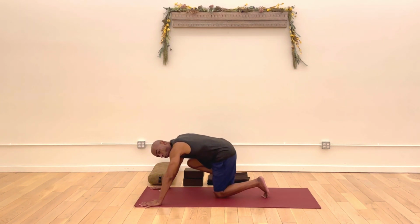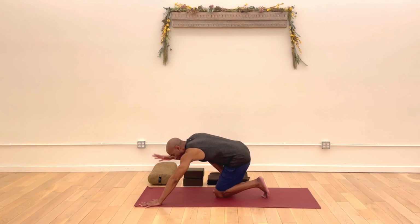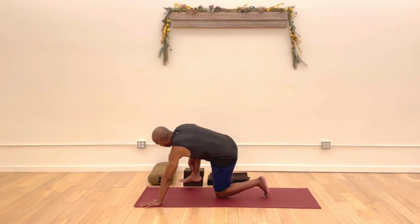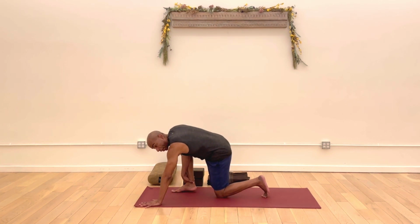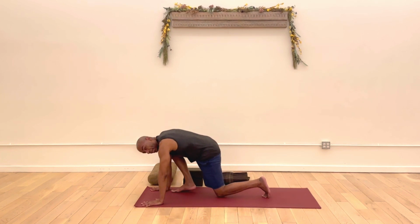Okay, we need to pull the weight away from the hands because we're going to use the right hand, which I freed up, reach back, grabbing my foot, my ankle, and just stepping the foot higher. This is just in case you couldn't step the foot up to the mat on its own if it landed short. Replant the hands, relift the left knee,